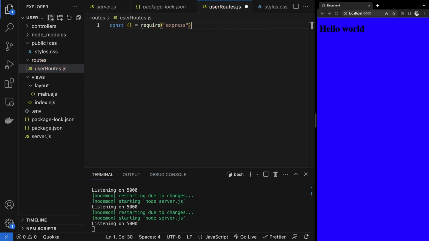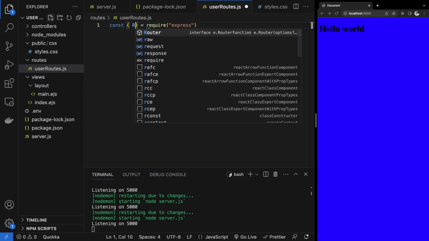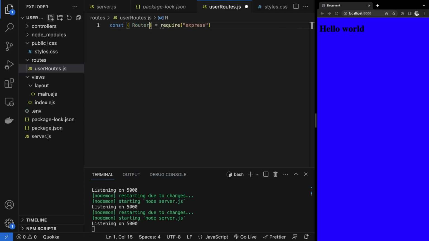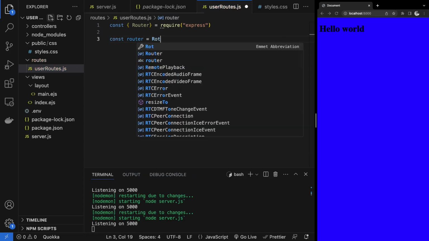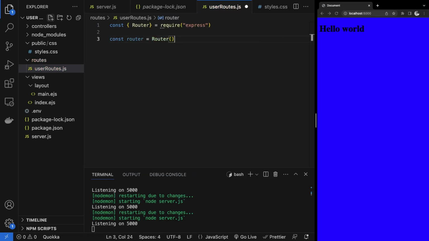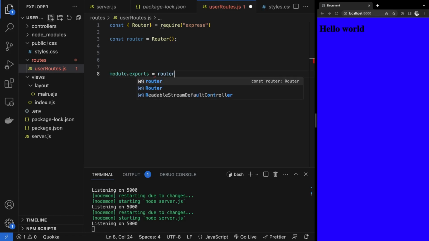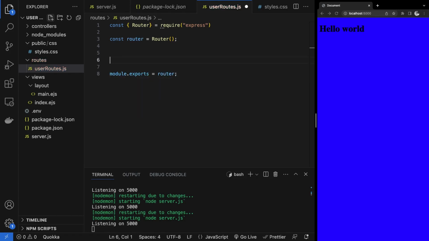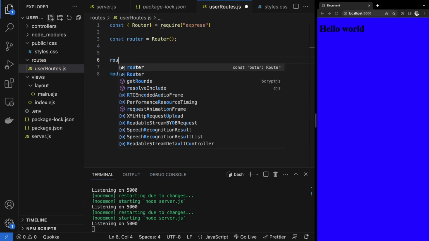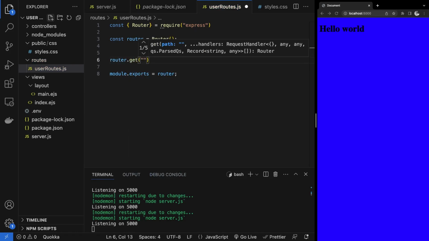then destructure the router in here. Okay, so say initialize the router as router, then let's export the router now. Let's export the router here. Then we do our router.get /